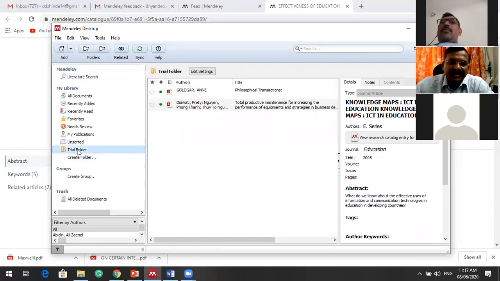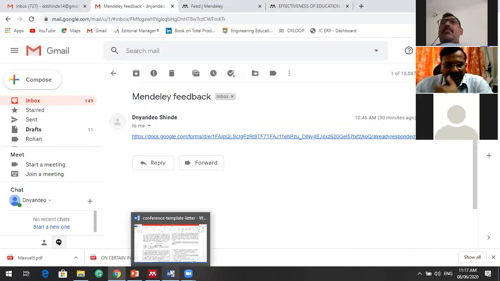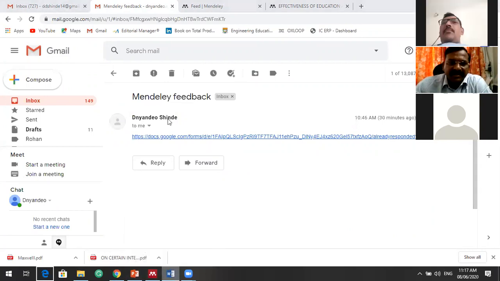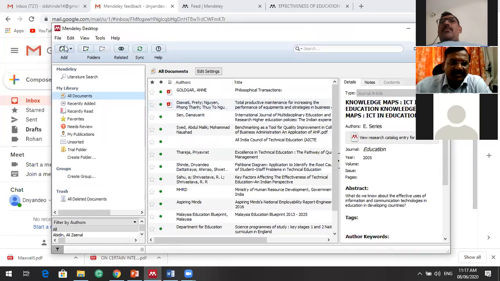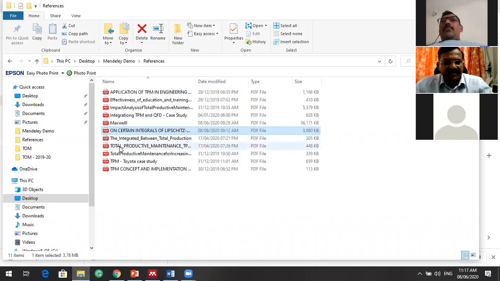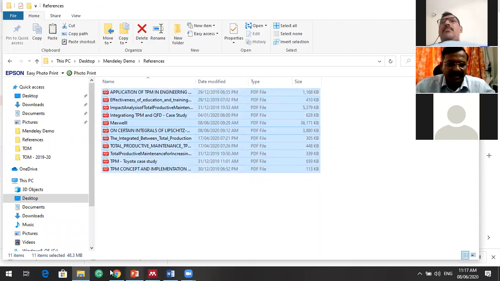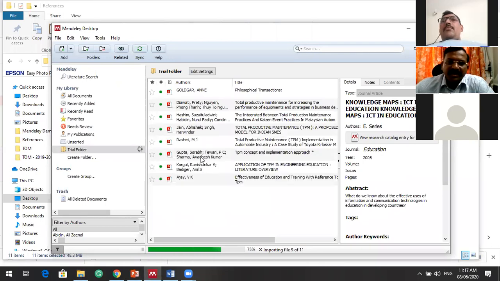Okay, once this is done, whatever references you had saved, you can see it in the library. So you can directly drop it, you can save it, or you can Google it and save it in the required folder. So this is how you can just go on adding the references to your library. Whatever folder you are working with, you just go on adding the references. I'm just copying and pasting the contents in this particular folder. So all the files which you want are available.